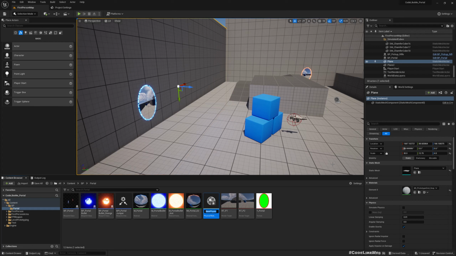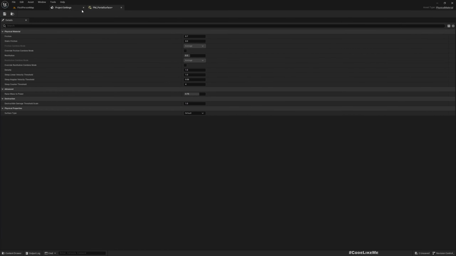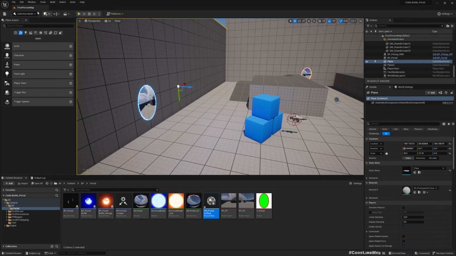So I call it PM, portal surface, physical material, portal surface. Then here as the surface type, I'll choose portal surface. Okay, now